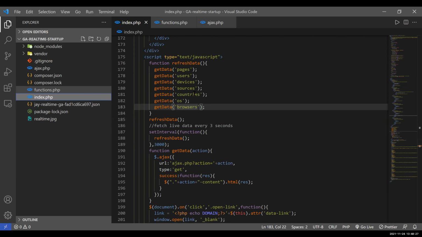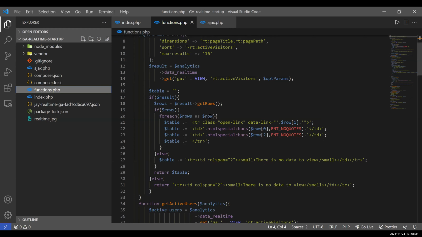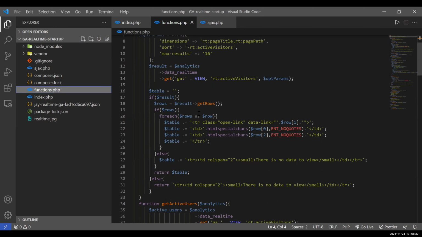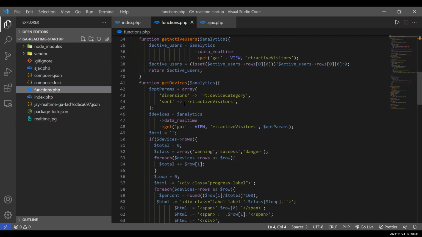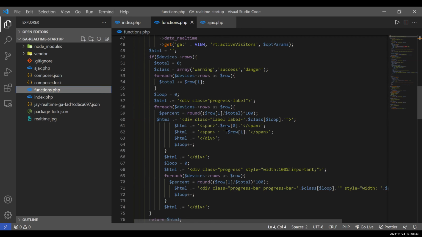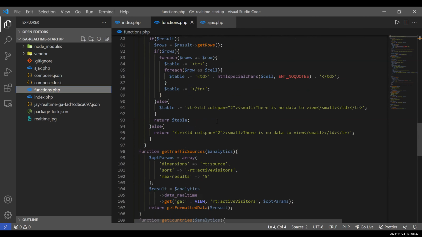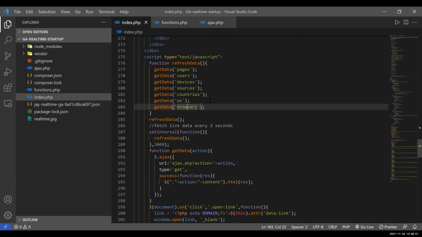The function PHP is just to define the function, and the index is to get the function.